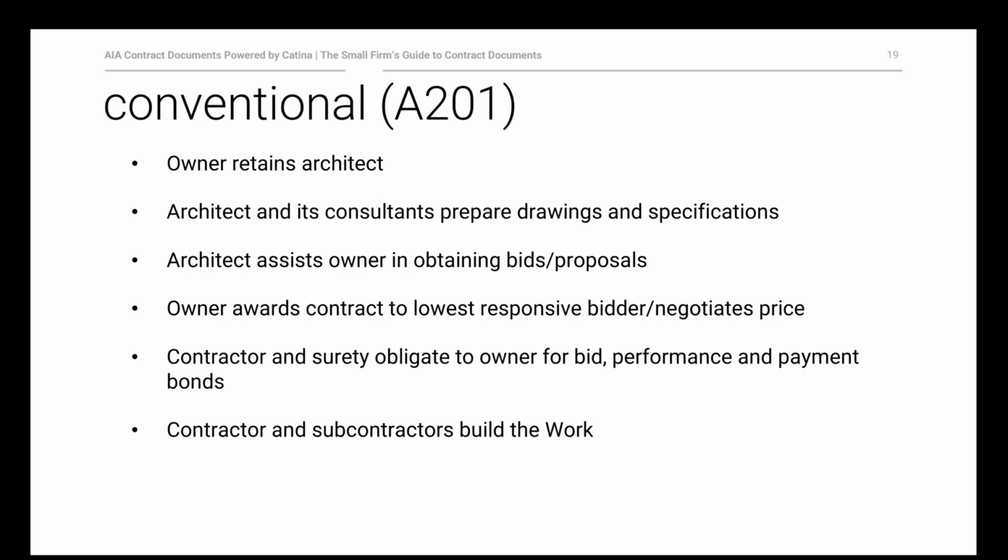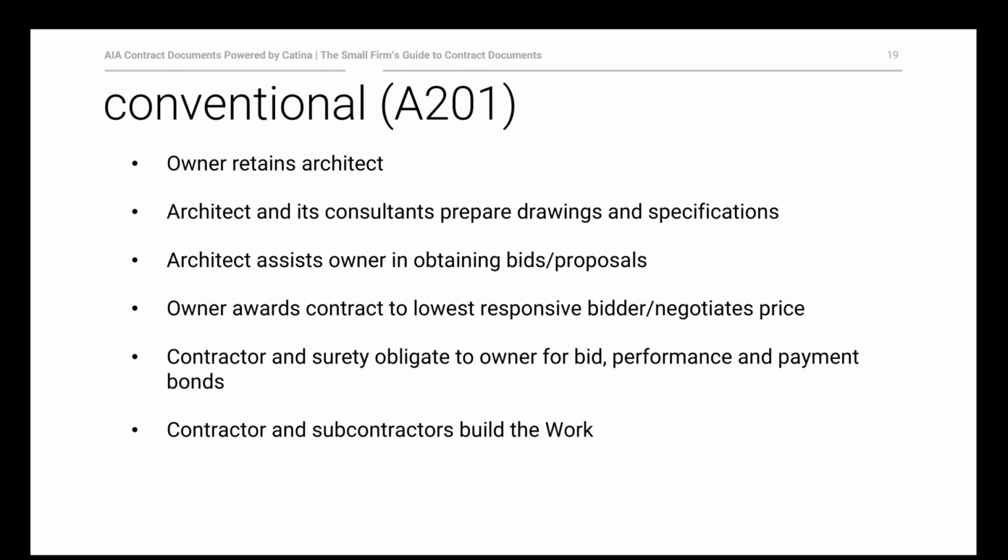The architect assists the owner in obtaining bids and proposals under our standard flagship document like the B101. The owner then awards contract to the lowest responsive bidder or negotiates the right price with a particular contractor. The contractor and surety provide bonds, and then the contractors and subcontractors build the work, usually with